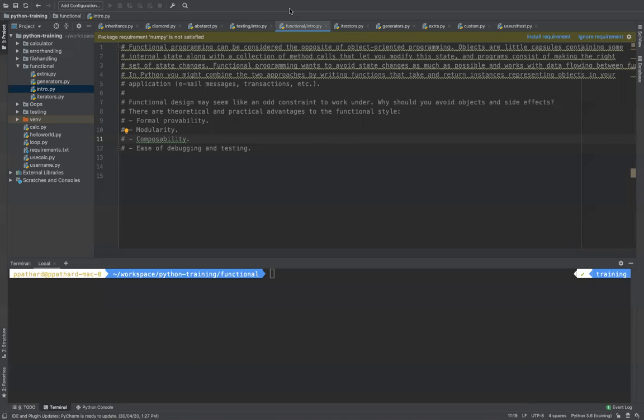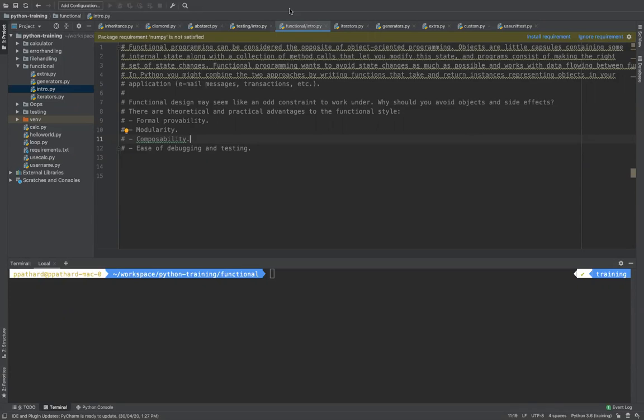So functional programming is there in multiple languages like Haskell. If you know Haskell and Lisp, there are a lot of people that use those languages. One of the advantages of functional programming is much more modularity and composability, and you can easily debug and easily test this.